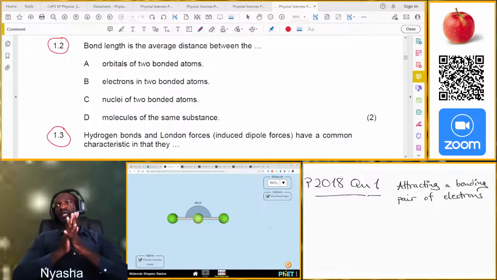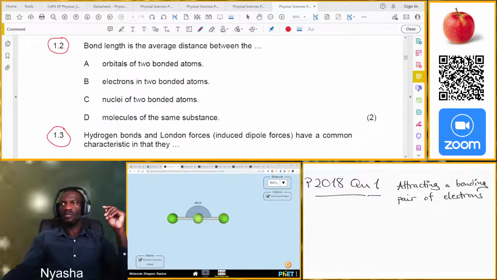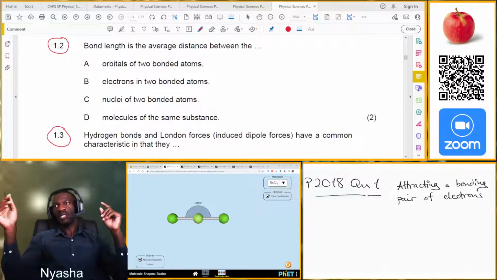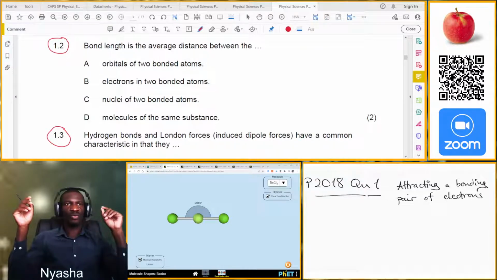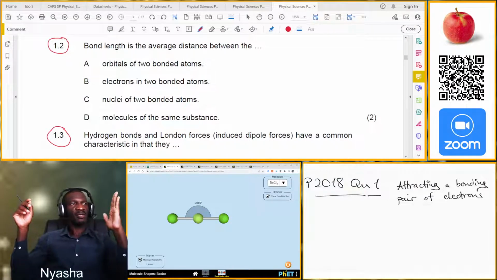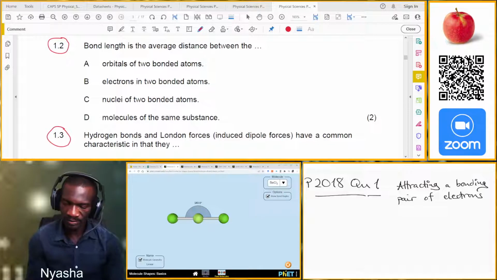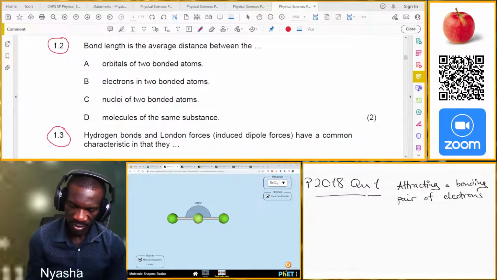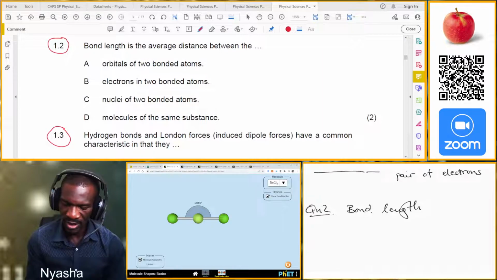length, but otherwise theoretically you still remember that the bond length is the average distance between the nuclei of the two bonded atoms. So it's as if you're measuring it from the center. So that would be now question number 2. So for our bond length, we're just looking at,